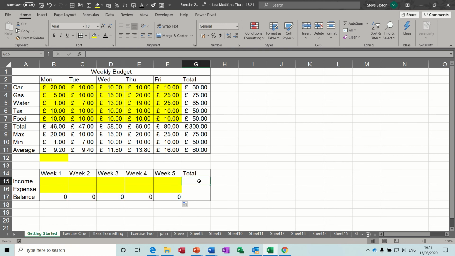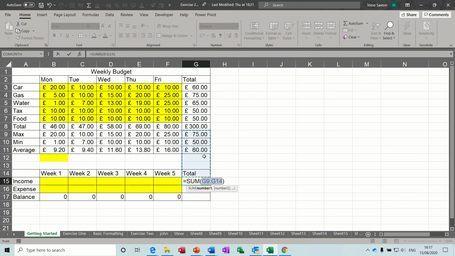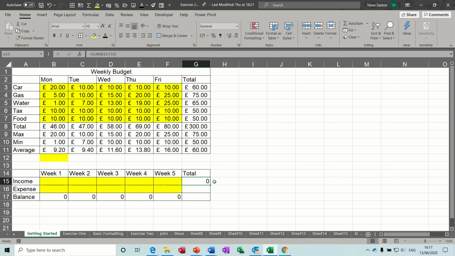And then the totals, now watch what happens here. I want to add up this row, but when I click there to do the auto sum, it shoots up there to grab this list because it can't see any data. So no need to panic and no need to start deleting things out of this little box. What you do is you just ignore that and highlight what you want the computer to look at. So it says sum B15 to F15, which is correct. I tick that one and then I pull that down